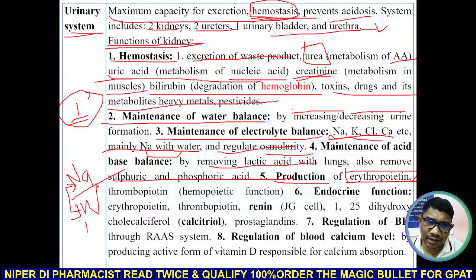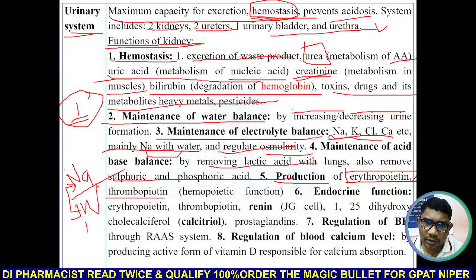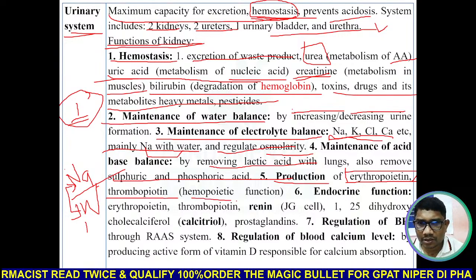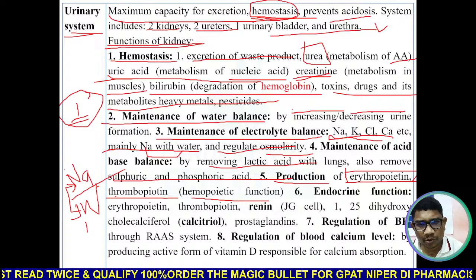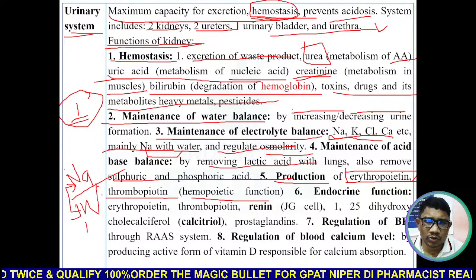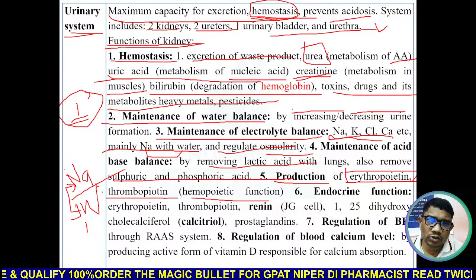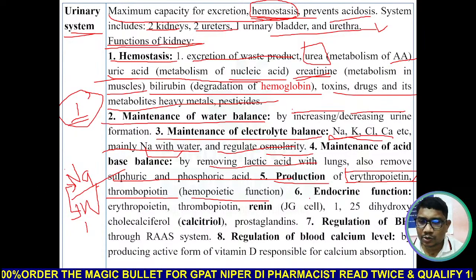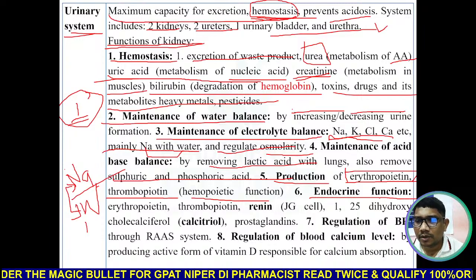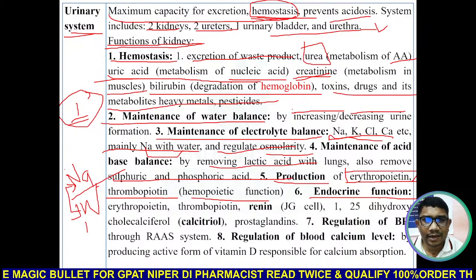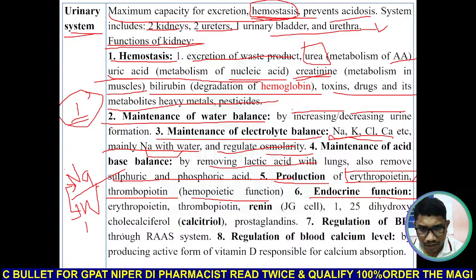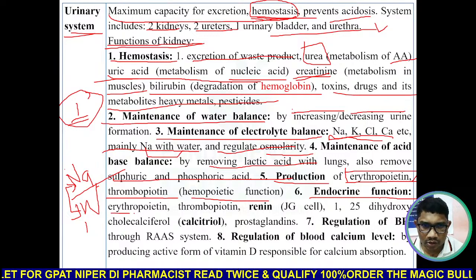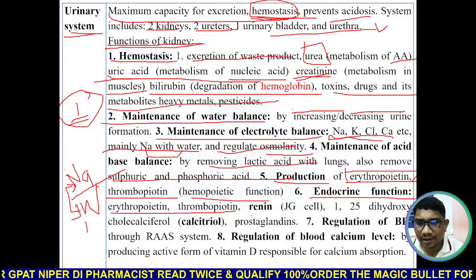तो किडनी का एक काम क्या है, प्रोडक्शन ऑफ इरिथ्रोपोएटिन, थ्रोम्बोपोएटिन, है ना, हेमेटोपोएटिक फंक्शन, these are known as hematopoietic function of kidney. Kidney will produce erythropoietin, kidney will produce thrombopoietin, which will stimulate the thrombocytes. Then kidney also has an endocrine function. एंडोक्राइन फंक्शन क्या है किडनी के, किडनी प्रोड्यूसेस द, जैसे ये एंजाइम हार्मोन्स, इरिथ्रोपोएटिन, थ्रोम्बोपोएटिन।